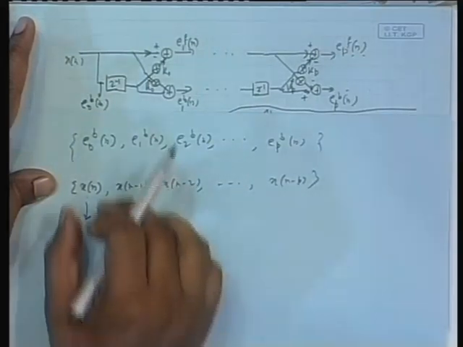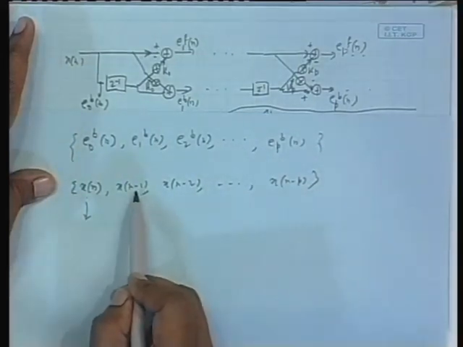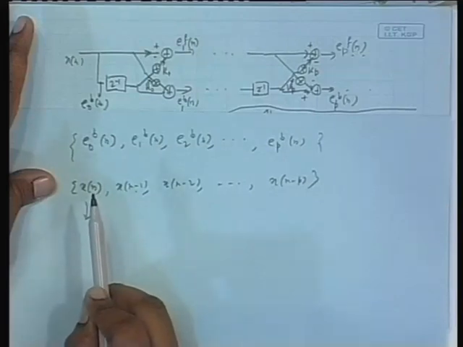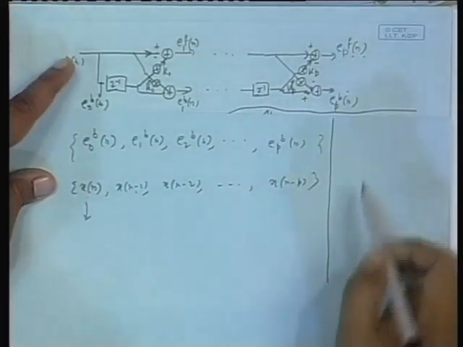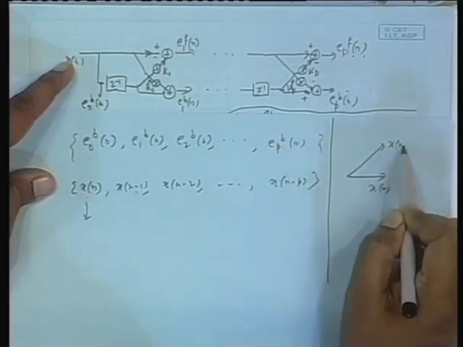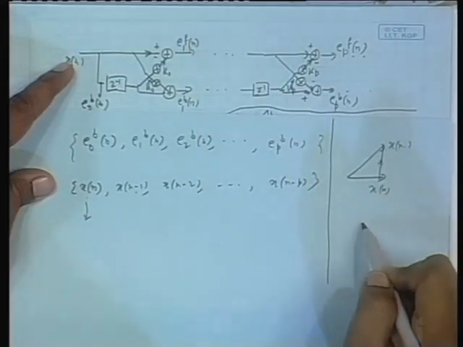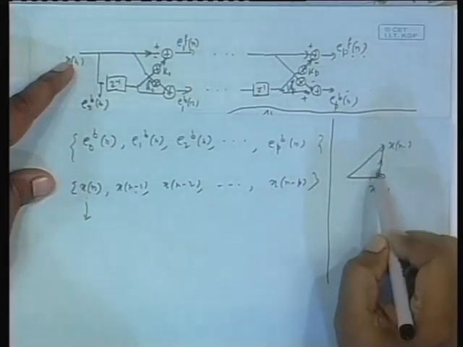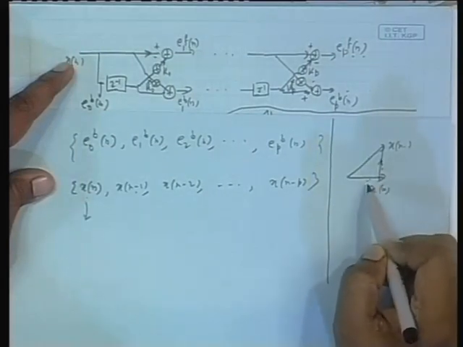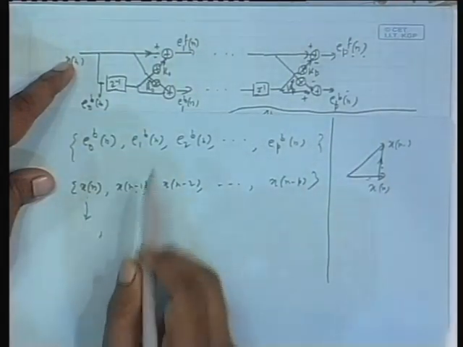You can make it orthonormal by taking the norm and dividing by the norm, you forget. I project this guy on this orthogonally and take the error. That means what I am doing geometrically, this is xn. Obviously, xn minus 1 is not in xn, and I project it orthogonally here. So, the space spanned by these two is the same as the space spanned by these two. But what is this projection? Xn minus 1 projected on the xn space, the error, that will be this guy.